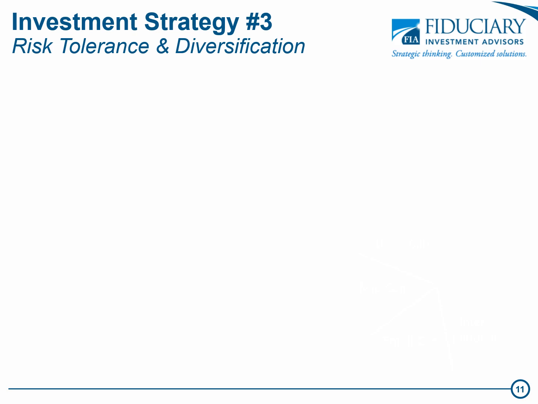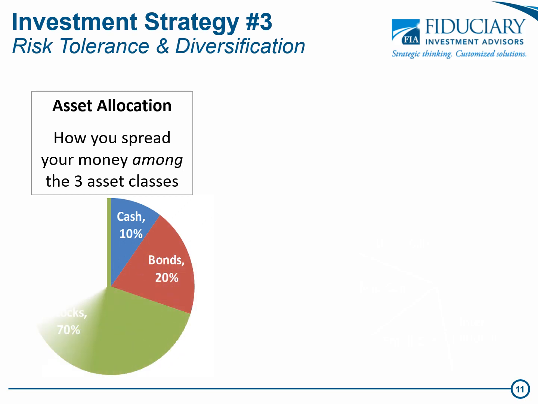The third key investment strategy is understanding your risk tolerance and diversification. Asset allocation is how you spread your money across stocks, bonds, and cash. This will set how risky of an investor you are. Generally, the more invested in the stocks you are, the higher level of risk you are taking. Please visit your retirement plan's record keeper's website to access their risk tolerance tools and see what type of investor you are.